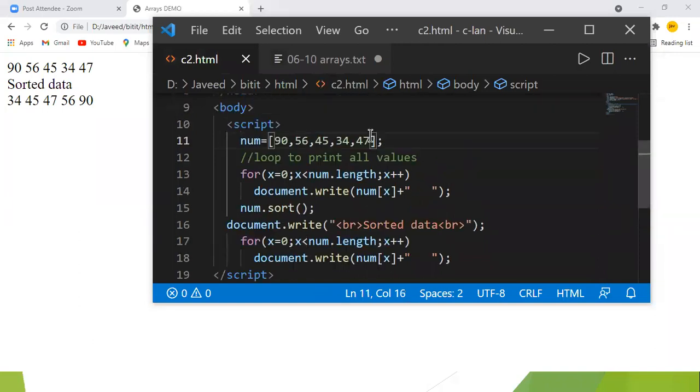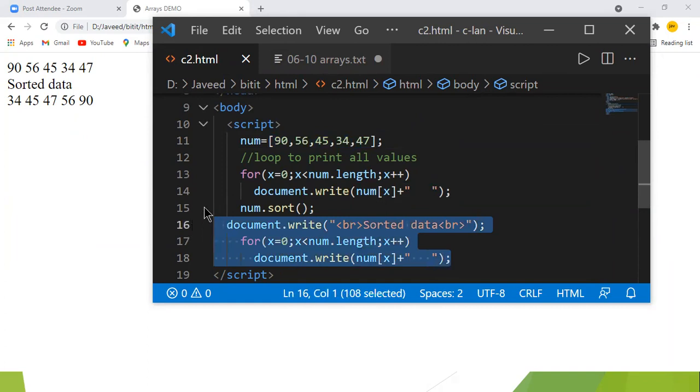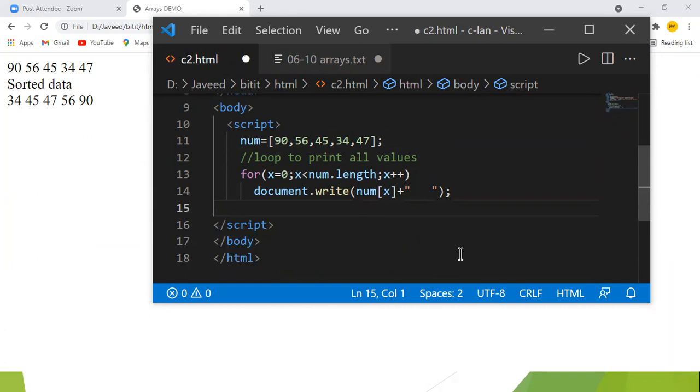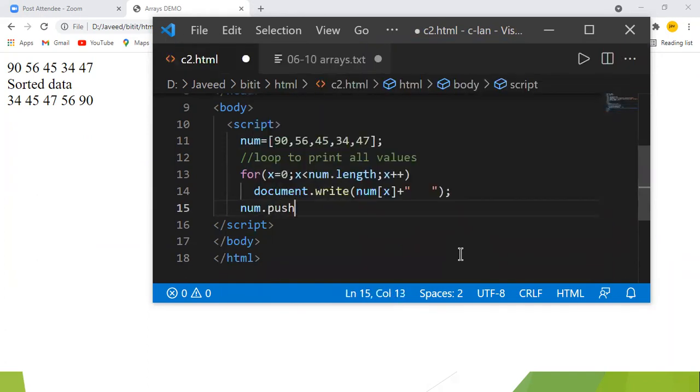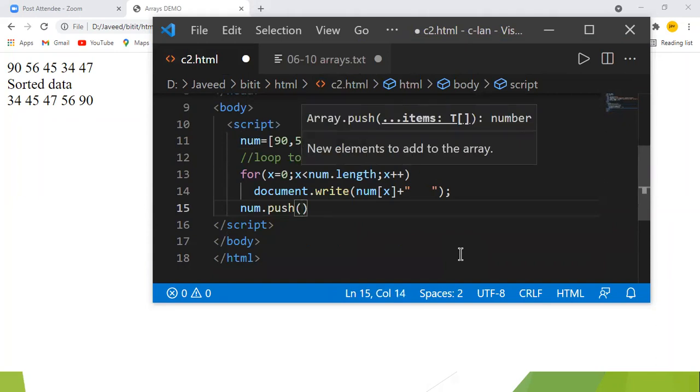For example, here I have only 5 elements. I want one more element to be added onto my array. So I'll say the array num dot push, and I'm giving a value 100.